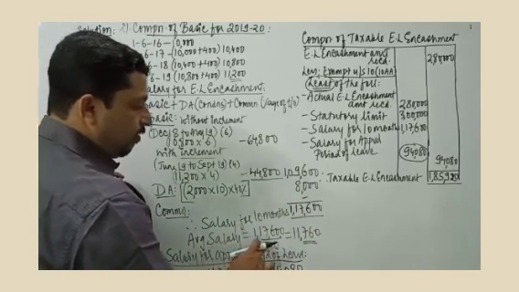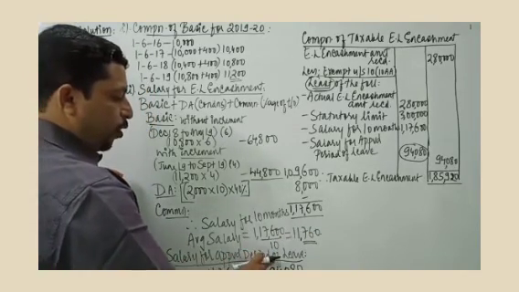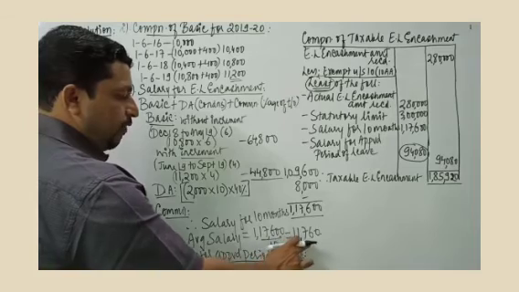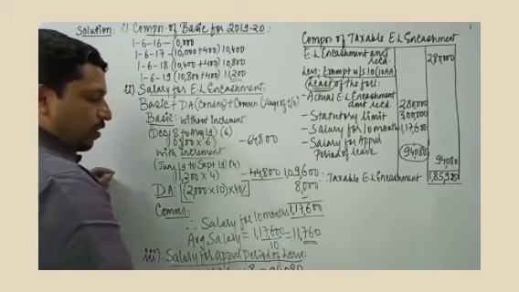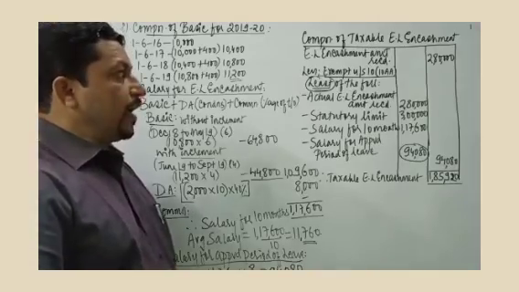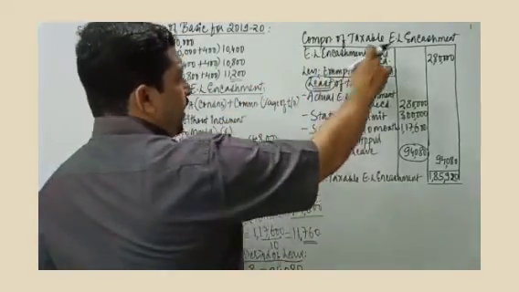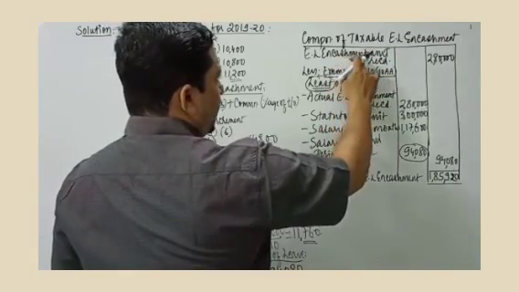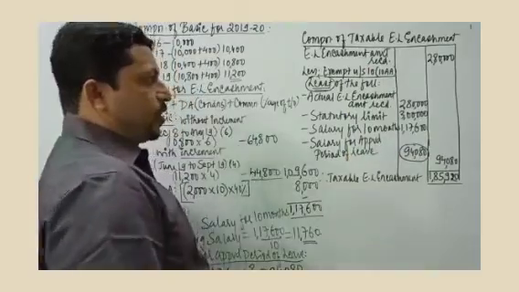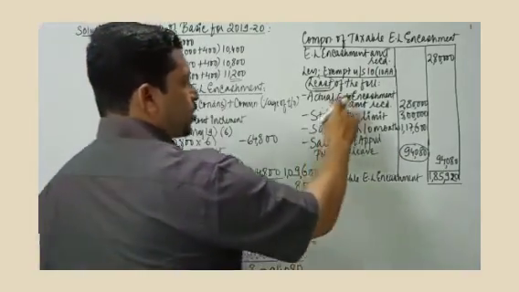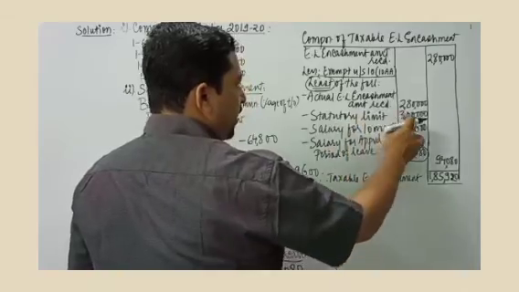So average salary for the month would be 11,760, and salary for approved period of leave will be 11,760, and the given approved period of leave is 8 months. So the calculated value is 94,080. Then we prepare the format: computation of taxable EL encashment. EL encashment amount received is 2,80,000. Exempt under section 10, subsection 10, double A, least of the following. Actual EL encashment amount received is 2,80,000, the same. Statutory limit given